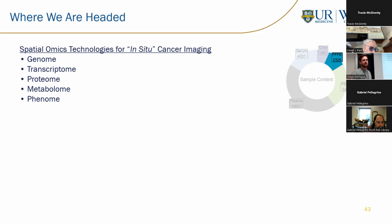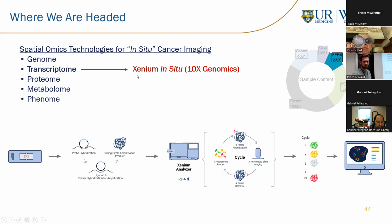These blocks are easy to store. They don't require cold storage. You get 500 to 1,000 sections per block. There's so much information embedded in that. So it's really a great sample type to use. And when you're able to extract this level of information, it really, I think, pulls as much value as you can from these specimens. So with respect to spatial omics, where we're at, we just now have, it's in a crate still, unfortunately, but it's in our possession,